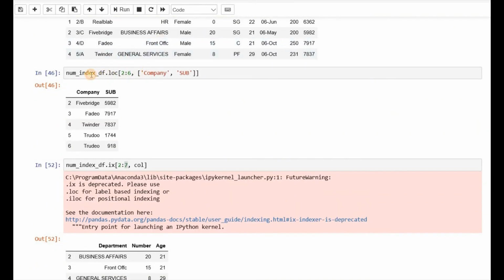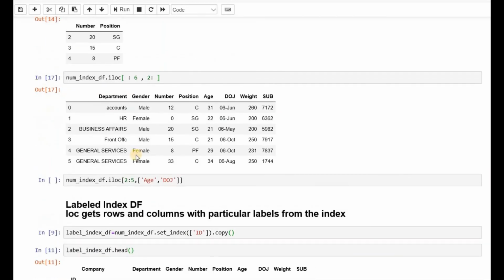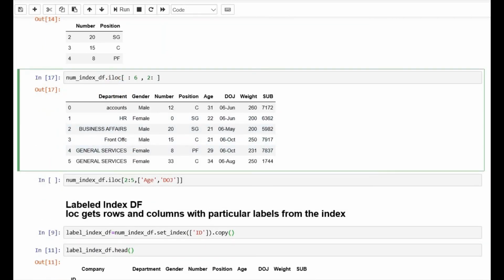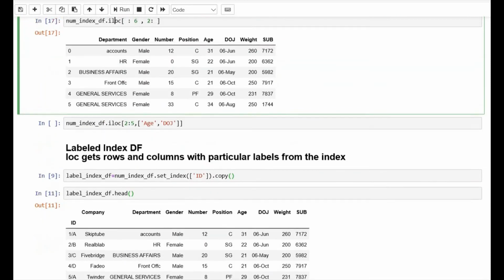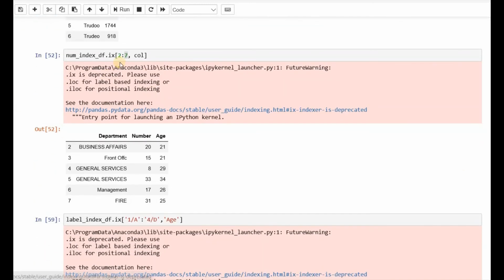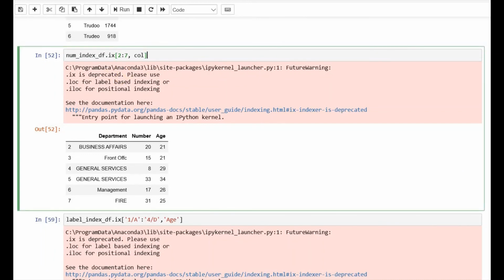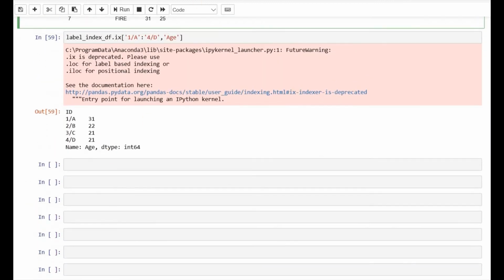So by using loc also we can do that, but keep in mind that when we have a numbered data frame we use iloc with numbers, when we have a labeled data frame we use loc with the labels, and if it is a mixed format then use a numbered data frame with loc. That's a bit confusing at times, so what I do is I prefer using ix and I simply ignore the warnings.